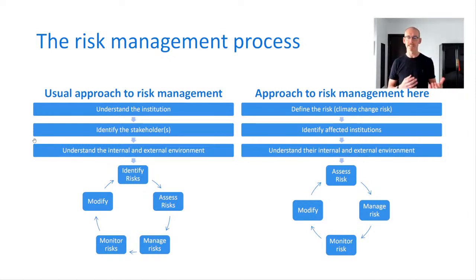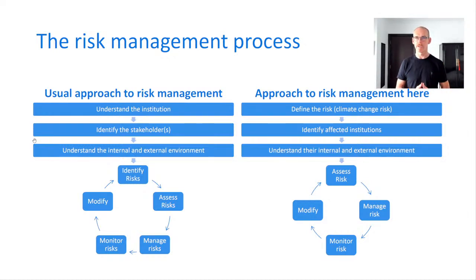And then you need to understand the internal and external environments that both the institution and the stakeholders operate in. And once you've got all that information behind you, then you can start the traditional risk management process in terms of identifying the risks, assessing those risks, managing them, monitoring them, and modifying the process in a circular approach,